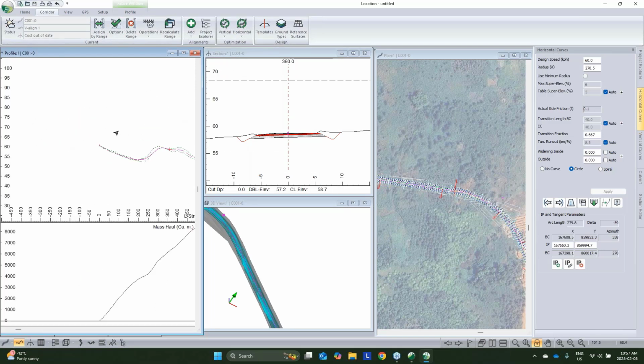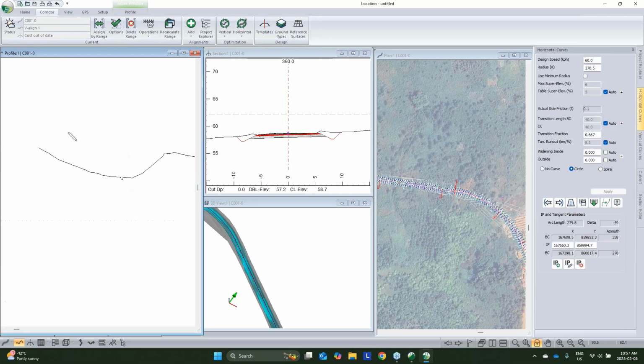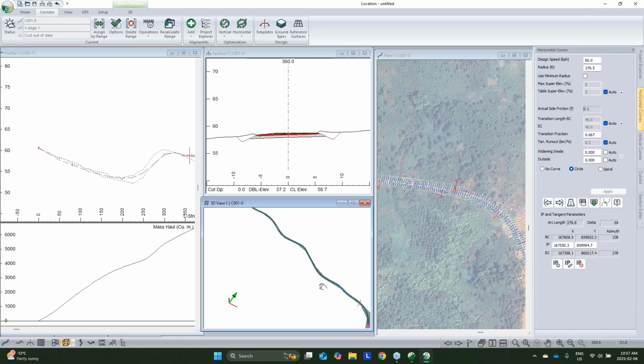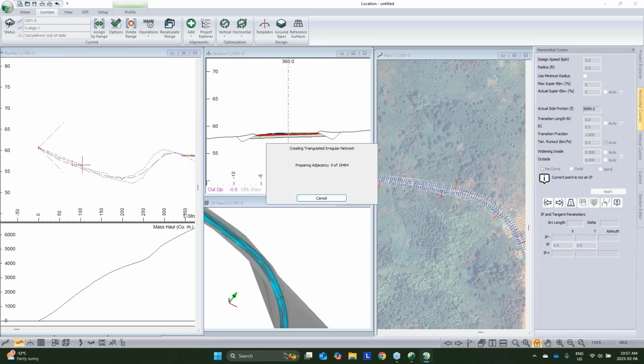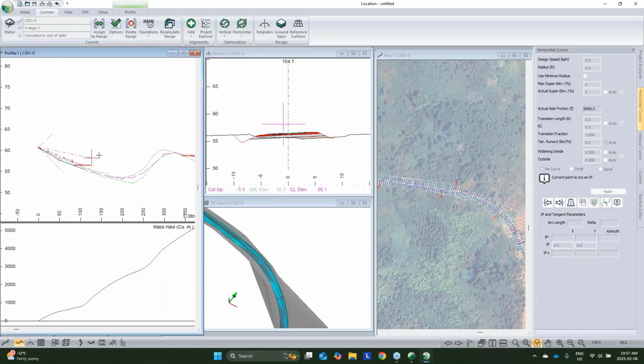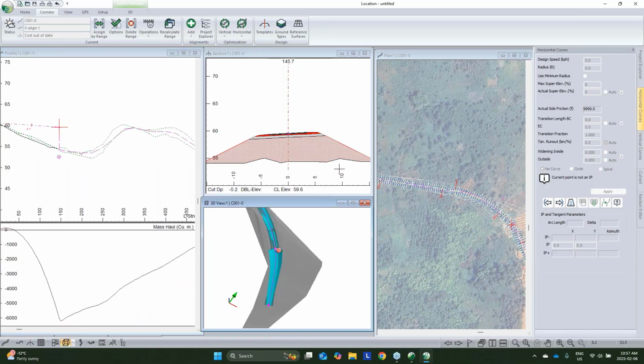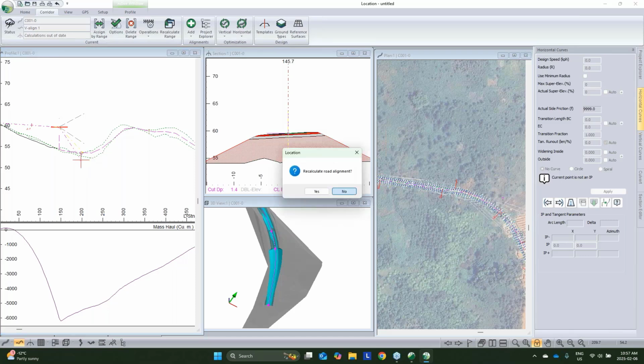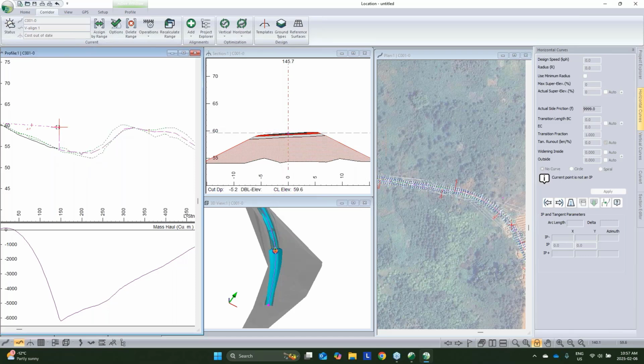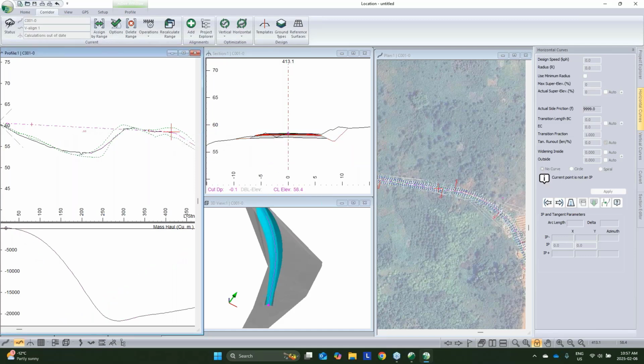So we could come in here. Let's go to the start of our road here so we can see. We could add in our curves. So I could say, well, I want to have my road way up here. We can see in the 3D. And we could run along with that. But I am not going to do it by hand. Instead, I'm going to use